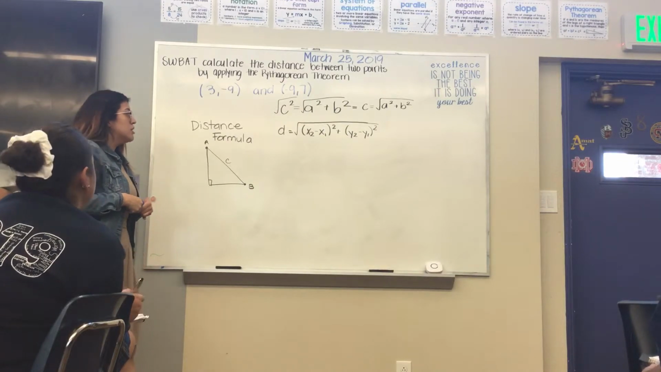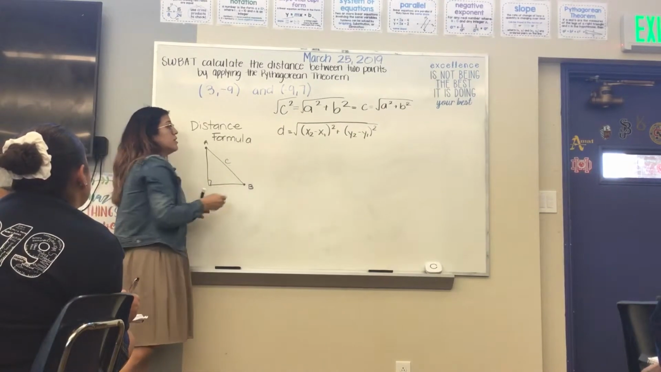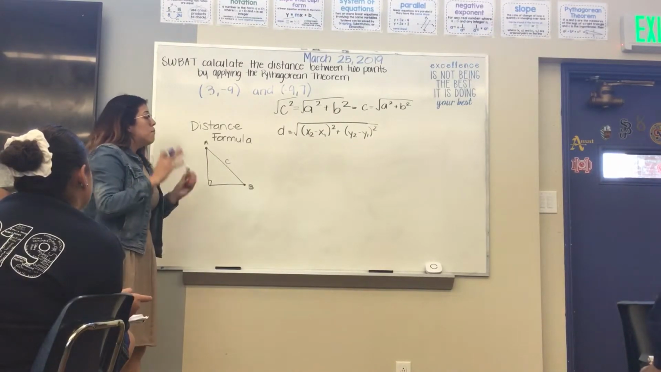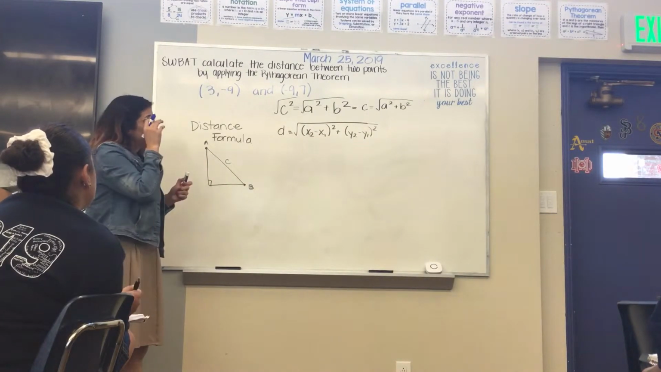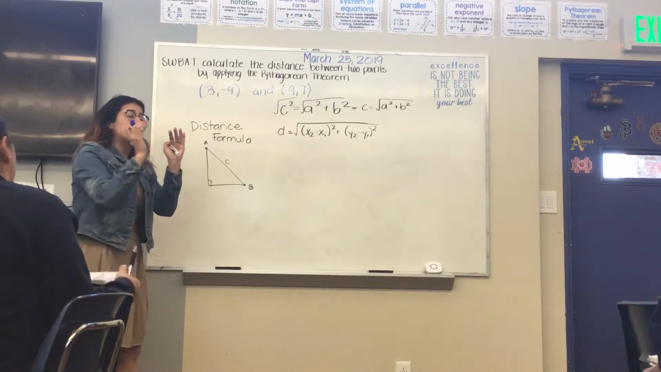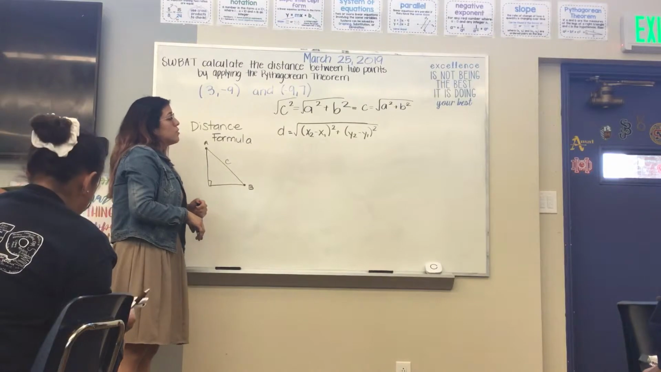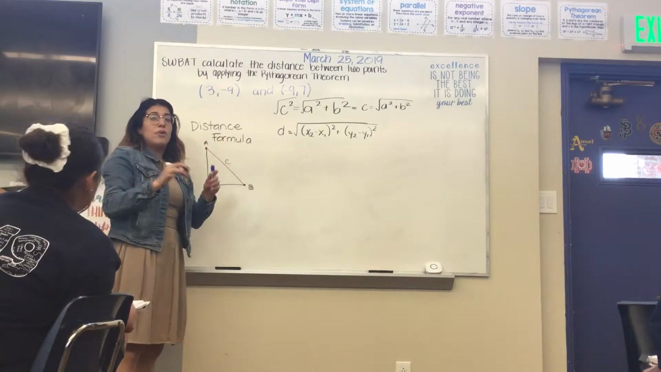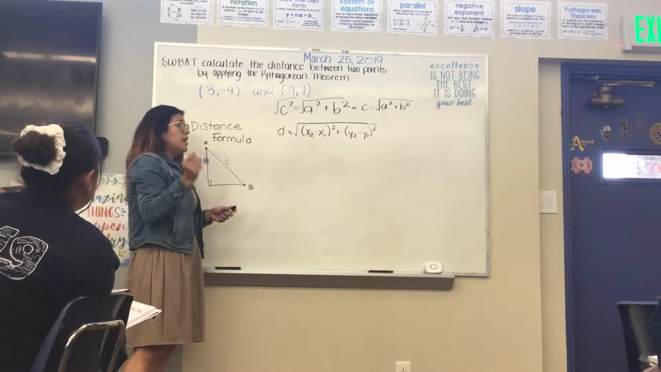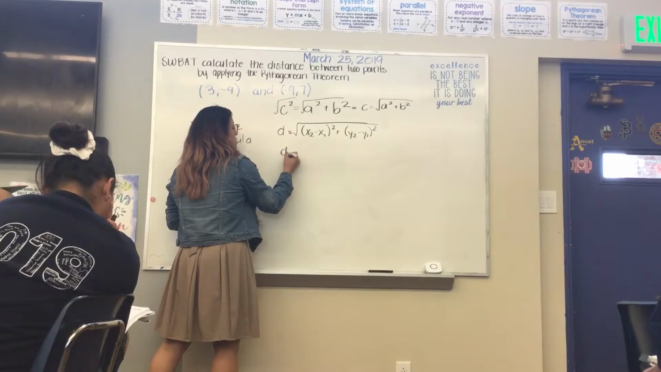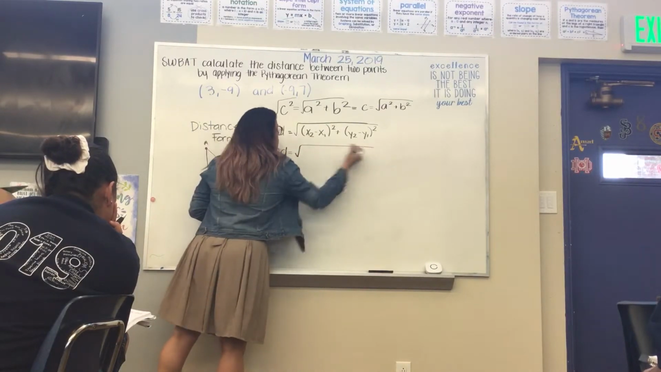So d equals, the distance formula, d equals the square root of (x2 minus x1) squared plus (y2 minus y1) squared. Remember, those are important, squared. So now I'm gonna plug it in. You know that when I plug in numbers, I keep everything the same. So I'm gonna say d equals the distance, the square root of,